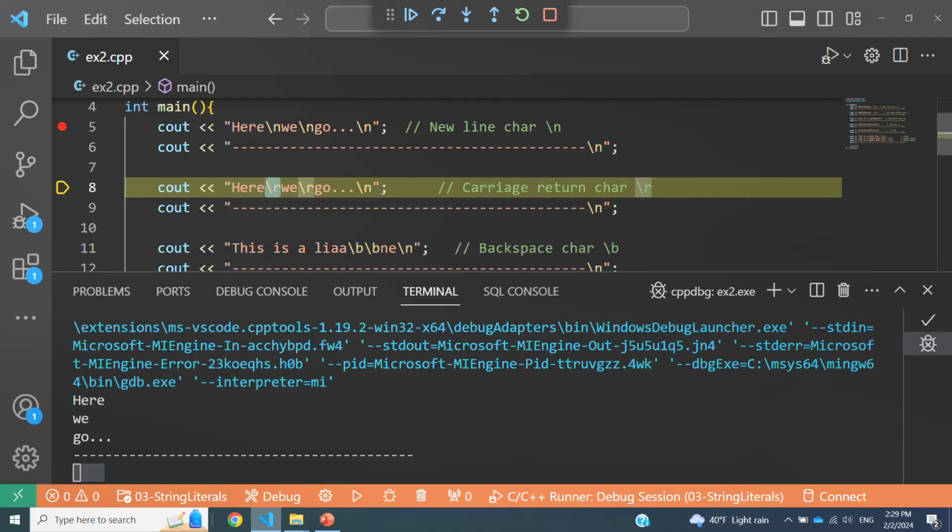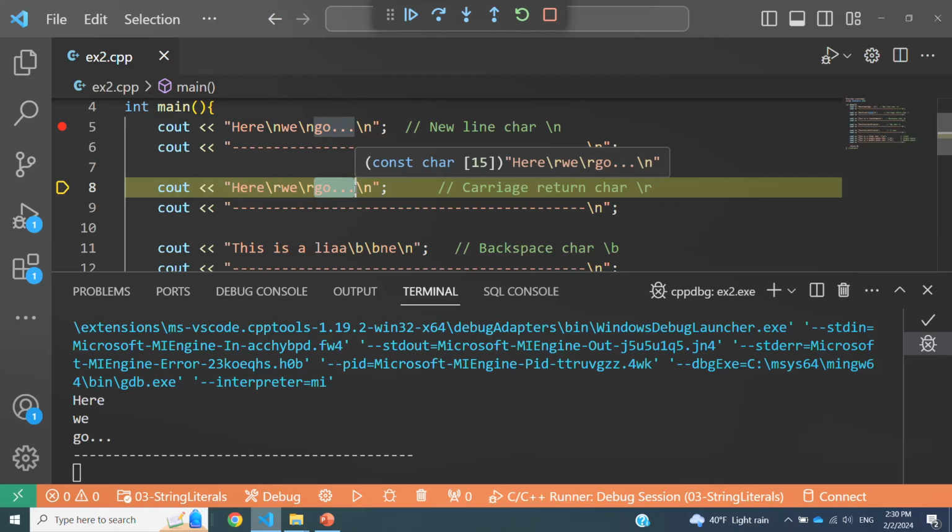Then we are printing a carriage return which takes the cursor to the beginning of the same line. Then we will be overwriting here. Then again we are printing another carriage return character that again takes the cursor to the beginning of the same line. Then we print go and 3 dots.